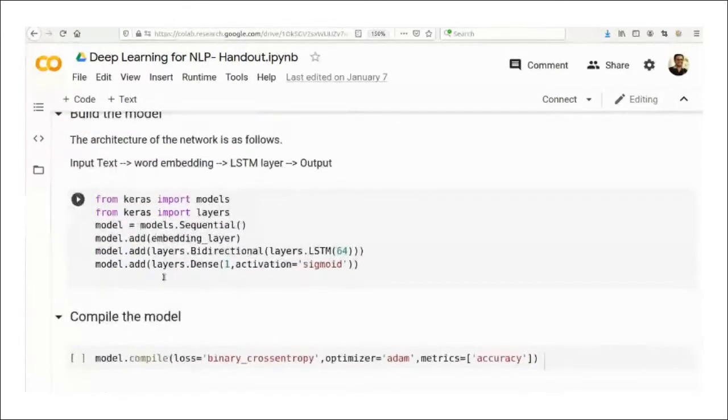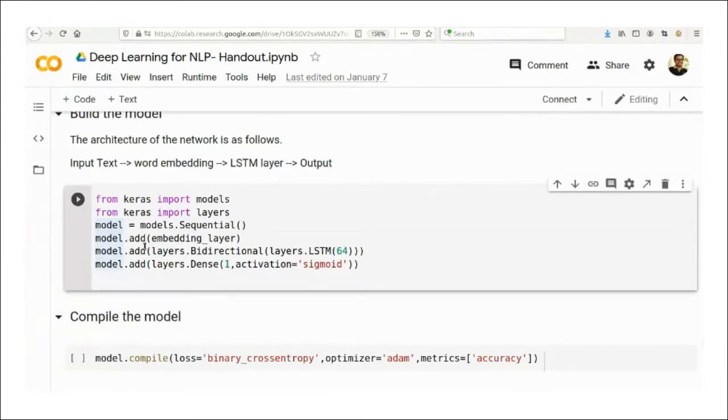So using Keras, we can construct this network like this. From Keras, we import the models. Then from Keras, we import the layers. Then for the model object, we add the layers. The first layer is an embedding layer that takes input from the text. We tokenize the data and get an embedding corresponding to each input word. The next layer is a bidirectional LSTM. There are unidirectional LSTMs also, so just simply an LSTM. If you want to take an LSTM layer, we can just use layers.LSTM from the layers module. It will add an LSTM unit, or recurrent unit, into the network.